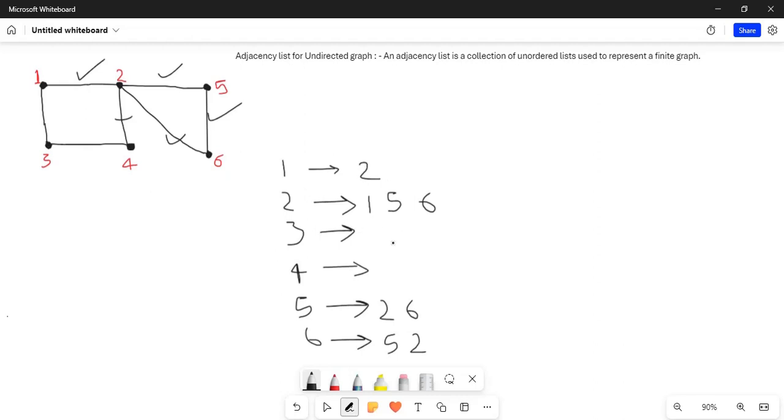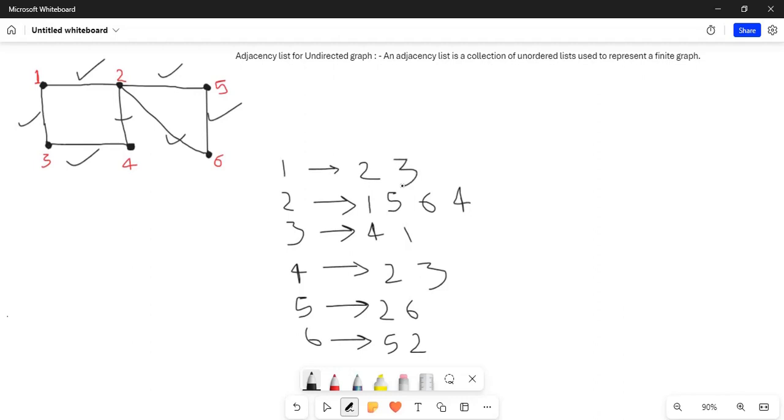For 3, 4, 3 will be added in 4 and 4 will be added in 3. For the edge 1, 3, 1 will be added in 3 and 3 will be added in 1.